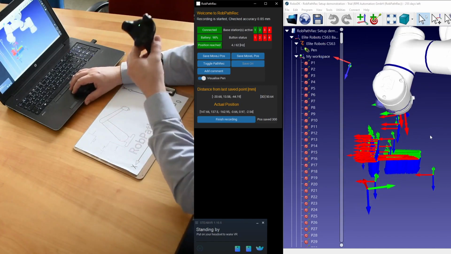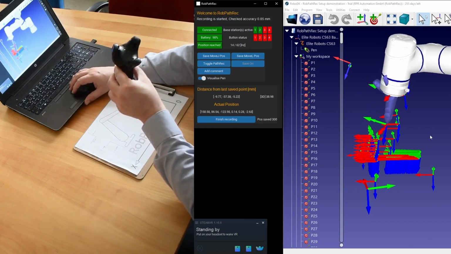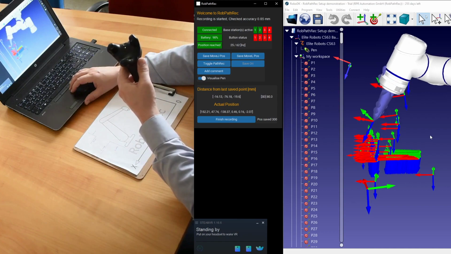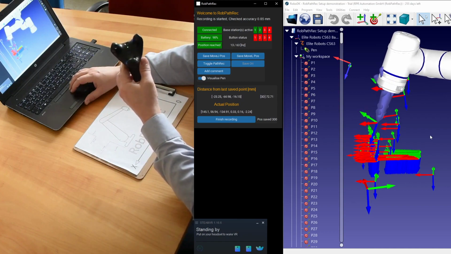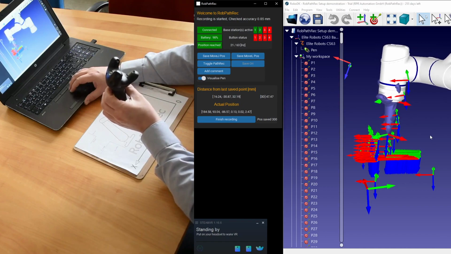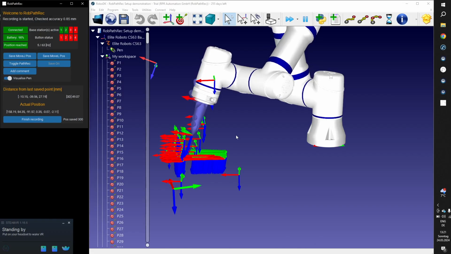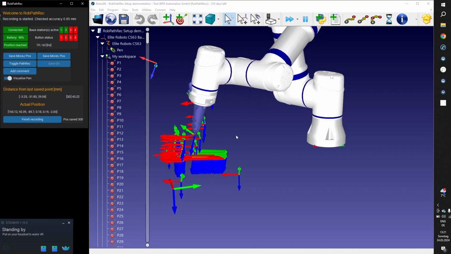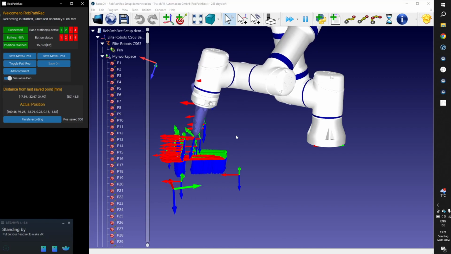If you want, you can visualize the pen on the screen. So you can see where the pen is with which orientation. So I think this is a useful tool. If the orientation of the pen on the robot would not be the right one, then you can simply rotate the tool TCP